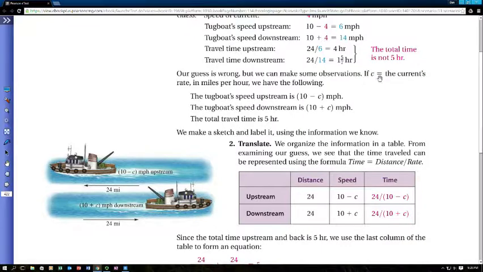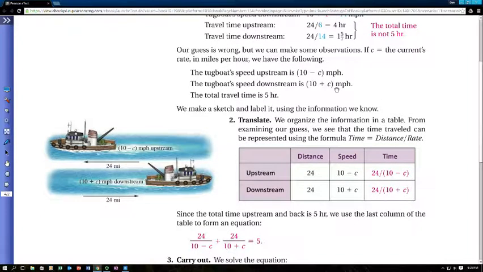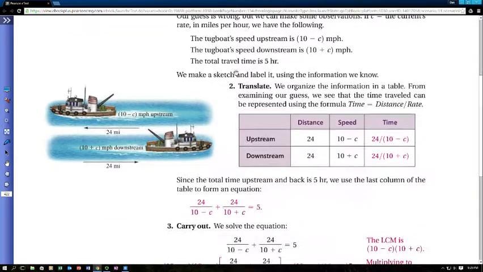So if C represents the current of the river, how much speed there is, if you're going upstream, it's going to be that 10 miles an hour minus this current that I don't know, called C. And the tugboat speed downstream will be 10 plus that current speed of C. And we know what the time is. The total travel time, upstream and downstream,